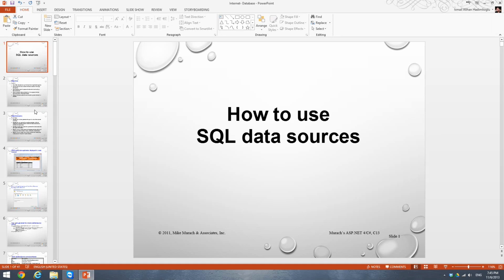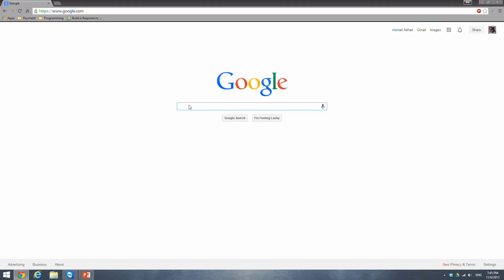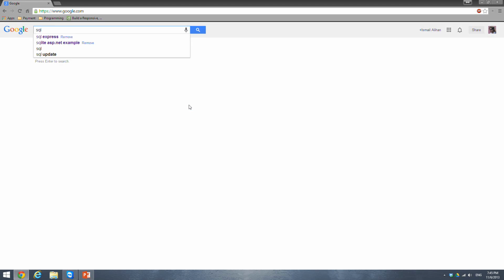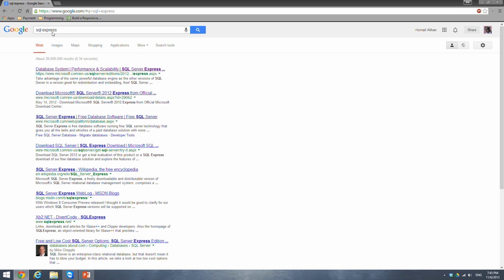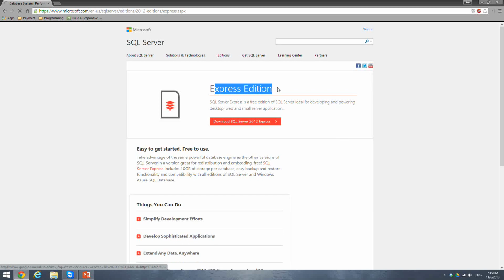So now the problem is, however, SQL. Why SQL? Well, we are using the Microsoft platform, right? So we have Visual Studio. Obviously, if we are using this Microsoft platform, the best way to go would be SQL Server. So we need to acquire SQL Server. Once I go to Google, what we are going to use is SQL Express. It's enough for us. So once I search SQL Express, the first one, the Microsoft Express Edition, well,